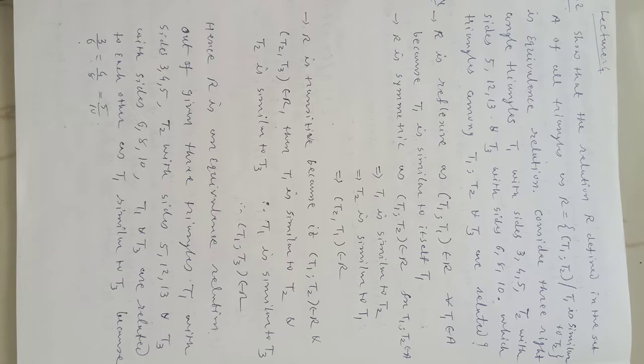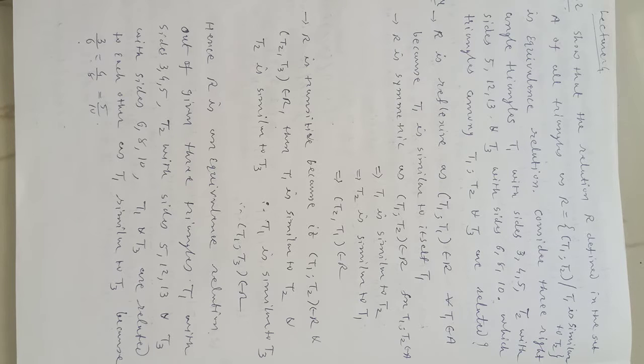See here two questions. The first one is: we have to show relation R is an equivalence relation. How is it defined? Look at the ordered pair (T1, T2). T1 and T2 are members of the set of triangles, so T1 and T2 are triangles. The condition for the relation is T1 is similar to T2. Now how do we prove equivalence? Our definition is very clear. If R is reflexive, symmetric and transitive, only then we say the relation is an equivalence relation, right?